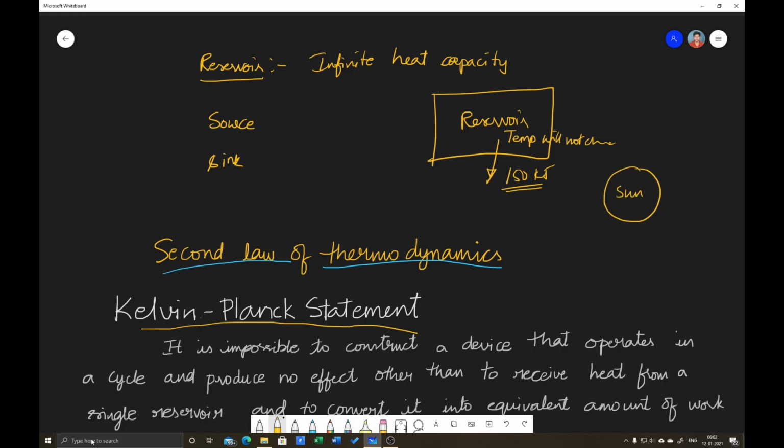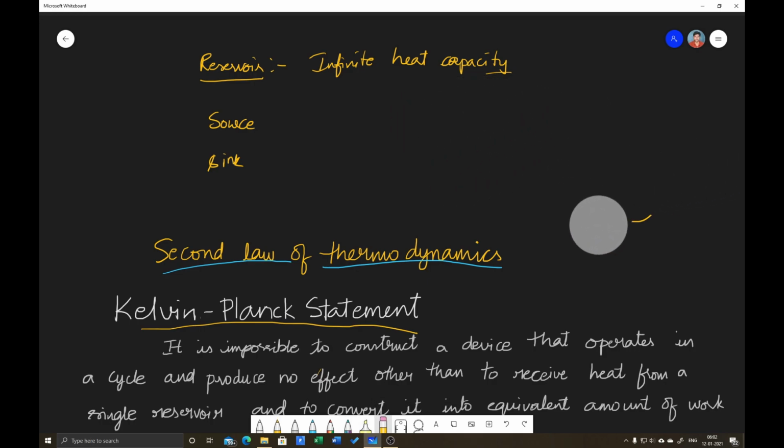Like say suppose there is the sun. The sun always emits energy to the earth and to the universe. So even though lots and lots of solar energy is coming out of the sun, even then the sun's temperature never reduces. Okay, similarly here also a reservoir is a space of infinite heat capacity. That means this temperature will not change even though heat is getting out of the system or heat is getting into the system. Okay, this can also be related to, say there is a sea.